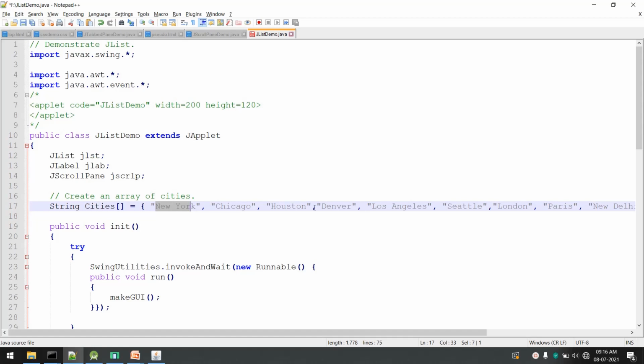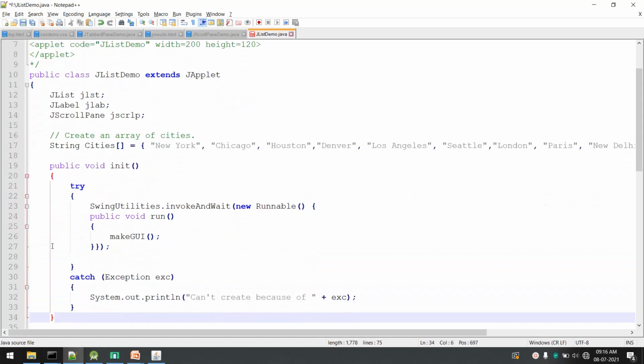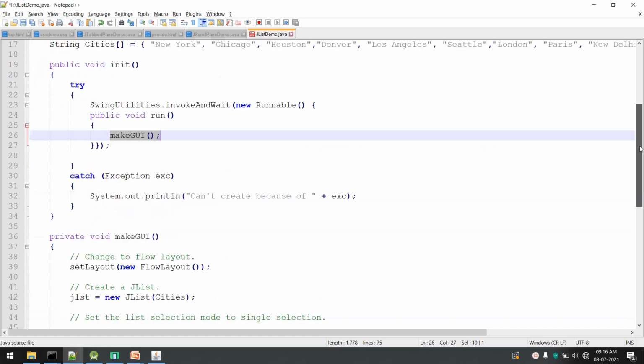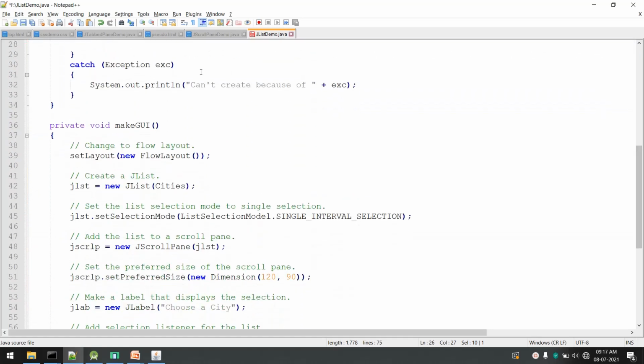Okay, so we have declared an array of objects. Then we have an init method. It contains the same code, SwingUtilities, and we are calling makeGUI from it. Now the main code is in makeGUI. So this is our makeGUI. In the makeGUI, first we have set a layout to FlowLayout, then the list is created. Now see how the list is created.